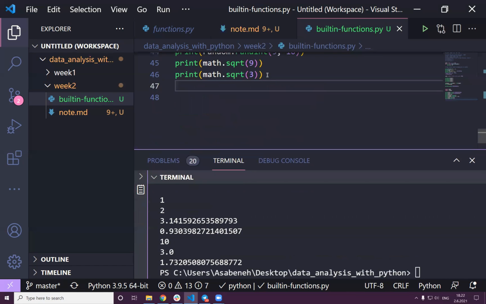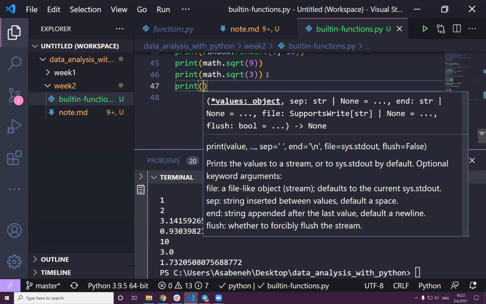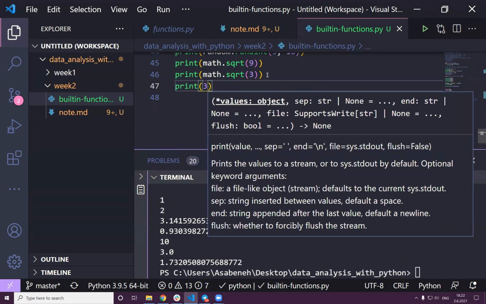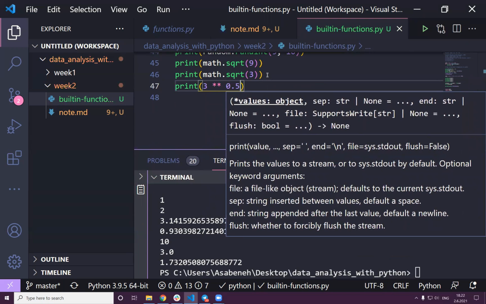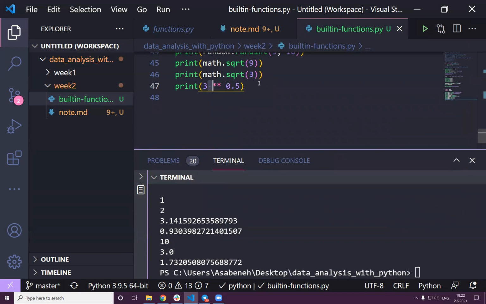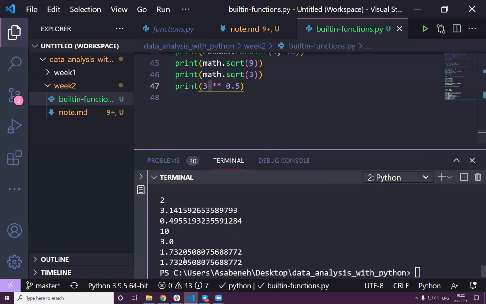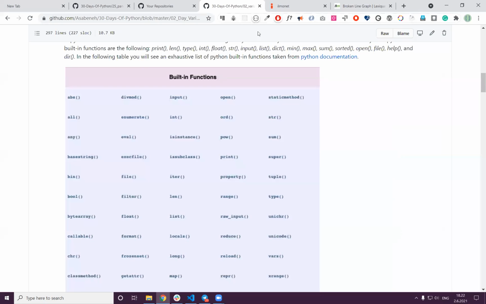But another good way to do the square root, you can say 3, and after that, you can use 0.5. That means 3 to the power of 0.5, or 3 to the power of 1/2, means the square root of 3. So this should also give 1.73. Yeah, great. Okay, now let's see another important